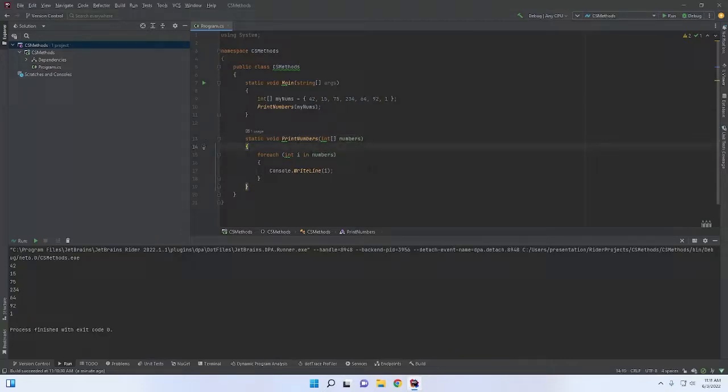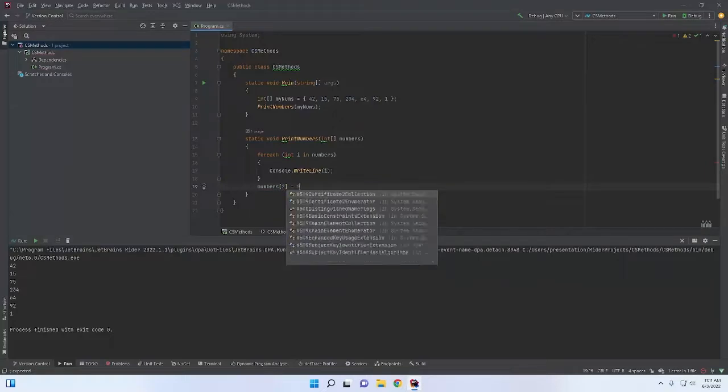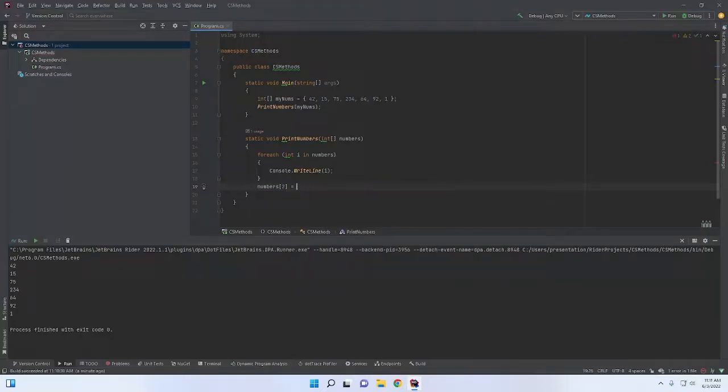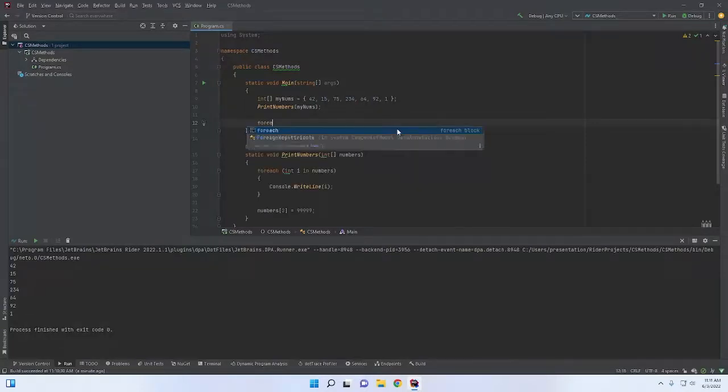So if we were to do something like, say, numbers[2] is equal to, let's just use nines, 99,999. So that is storing the value into numbers, and it's actually going to replace that 75. So now, I'm going to go ahead and write this foreach down here, foreach int i in myNums,